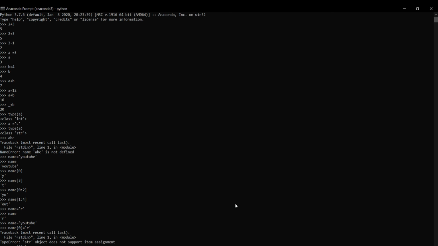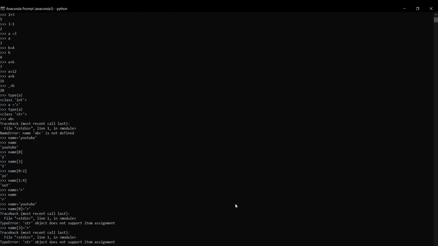So in YouTube, the third letter indicates T, right? In place of T, I want to assign R. Does it work? No, right? Fetching works, but when you are assigning to replace it, it doesn't work. In strings, the assignment operator doesn't work.